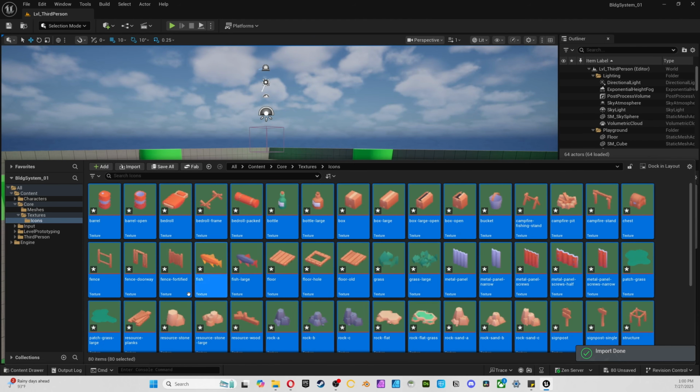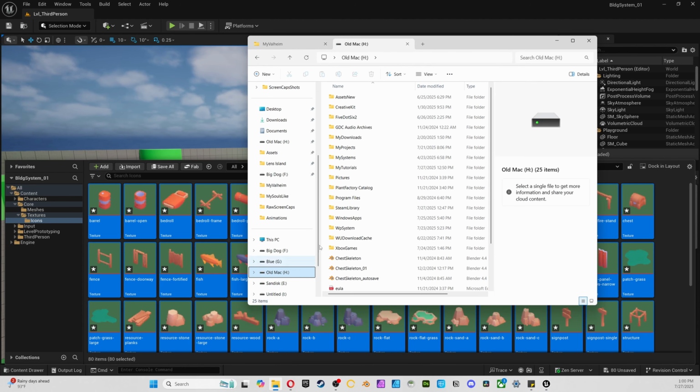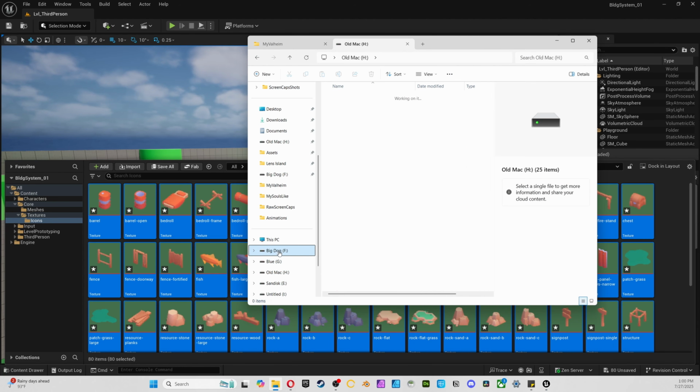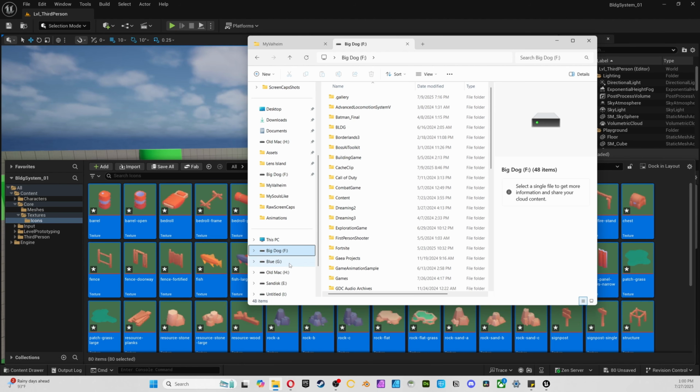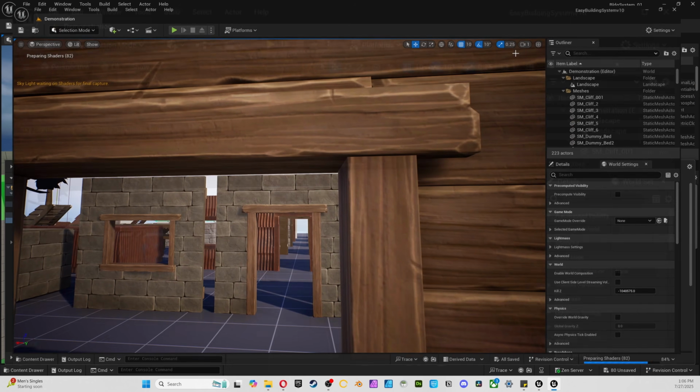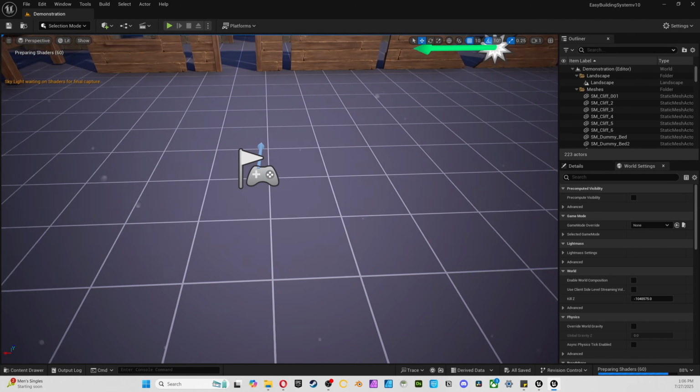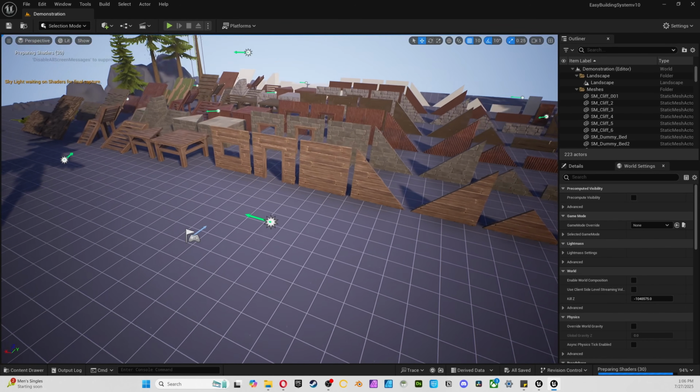Bam, there we go. And they're populating right there. Now, for the building system, you'll most likely need to create a project that we can migrate this stuff over. All right, and that finally opened, and you should be looking at something like this after you download it and